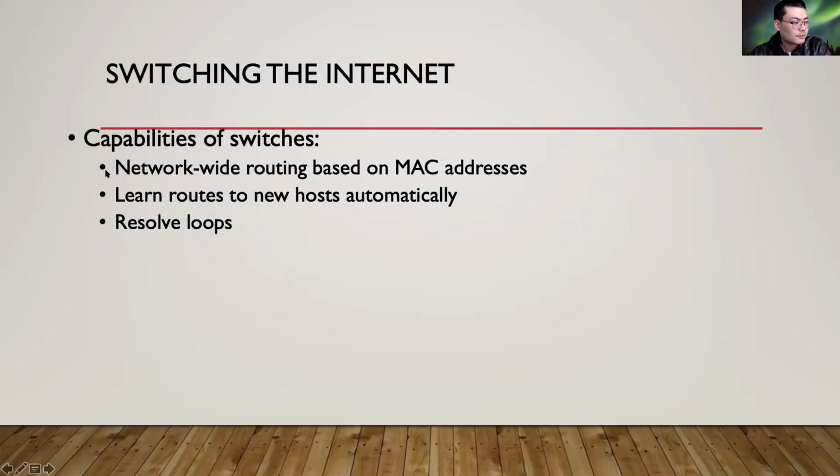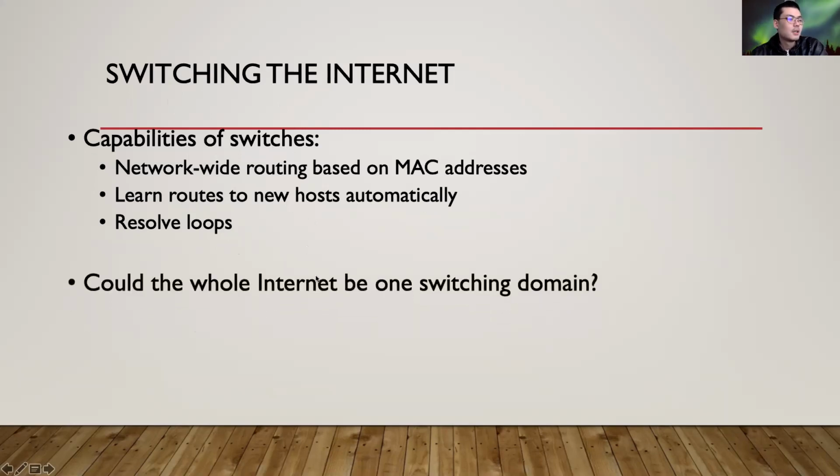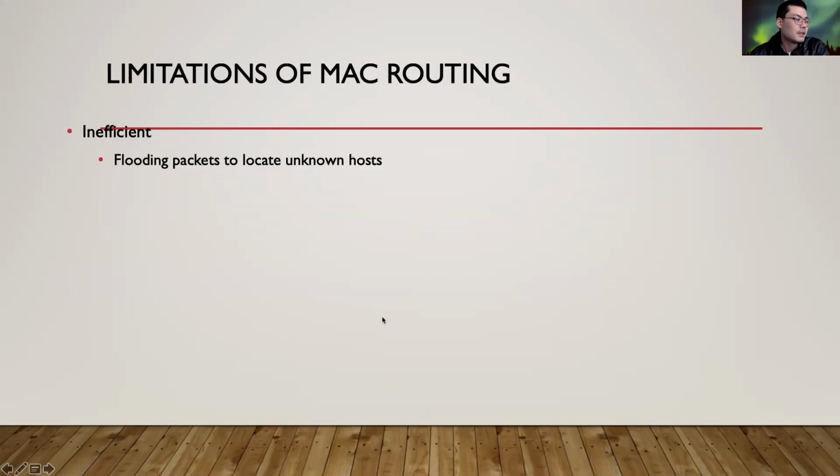So the capabilities of switches are as follows. This is network-wide routing based on the MAC address, and it learns the routes to new hosts automatically. You know which host is on which port, and you will resolve loops, deciding which links should be passing, so spanning tree links. But can we use it for the whole internet? The answer is really no. The reason is that it's very inefficient. If you remember, if we have a new host joining,